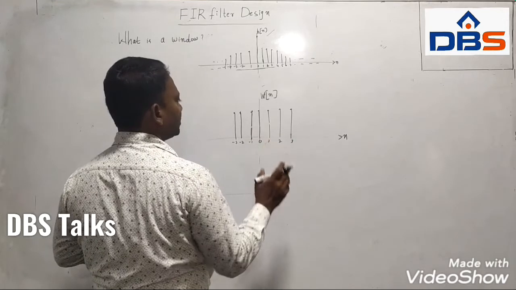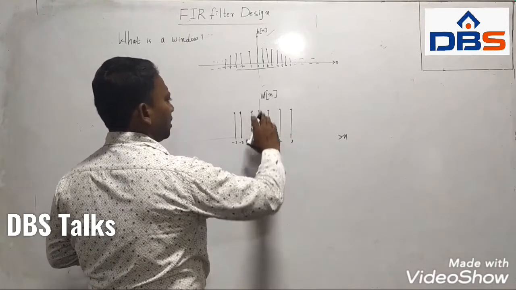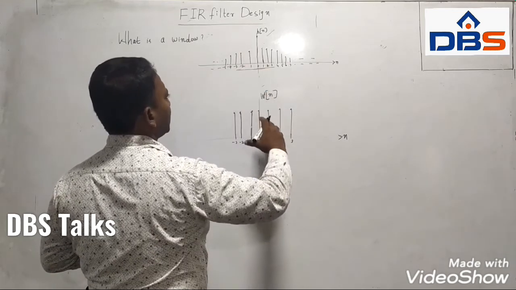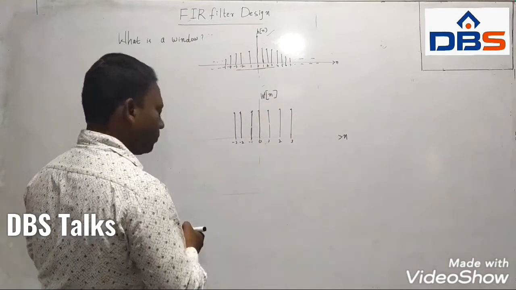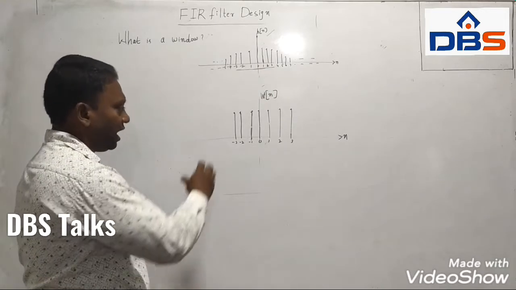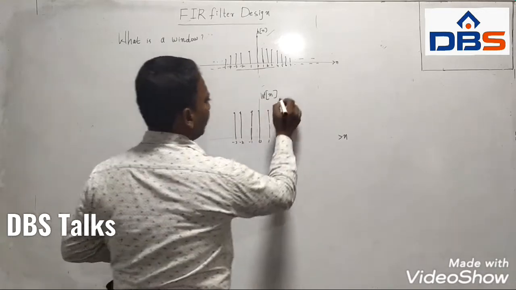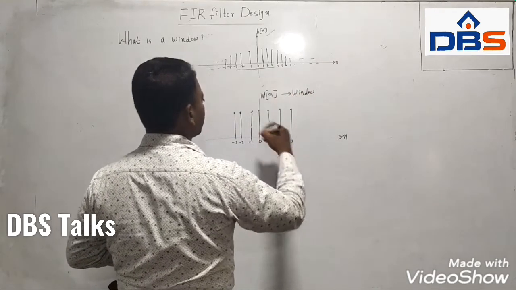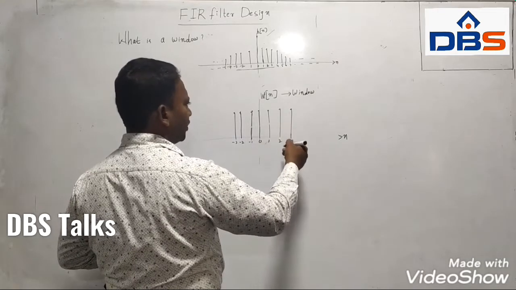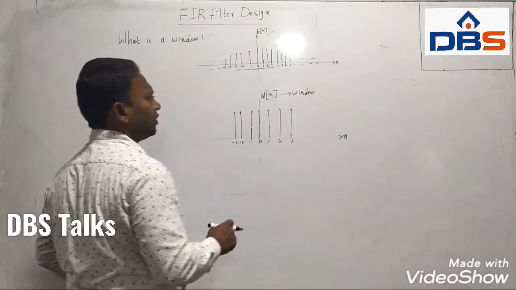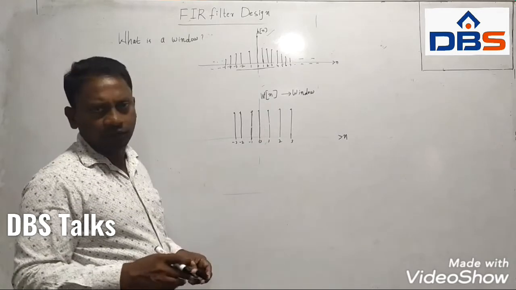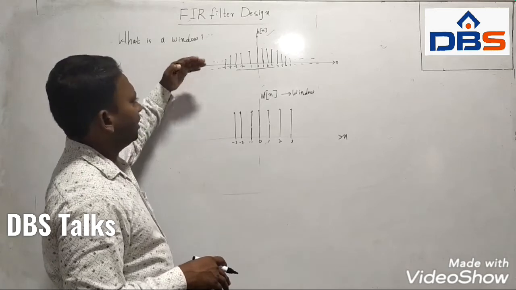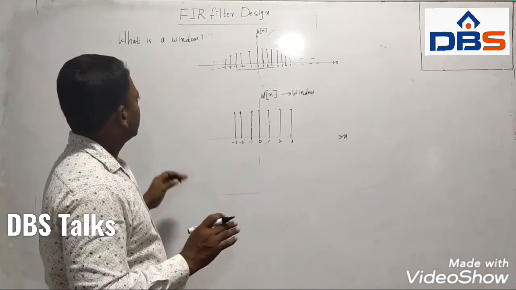Now this window function having 7 samples is in a rectangular form, and if you multiply these two, then we get the smooth pass band as well as the stop band, and this type of function is called a window. Now we are going to see these types of windows in our design: different types of windows, rectangular window, which is actually this one, triangular window, hamming window. Using different types of windowing techniques, we are going to see the FIR filter design. So this is also important.